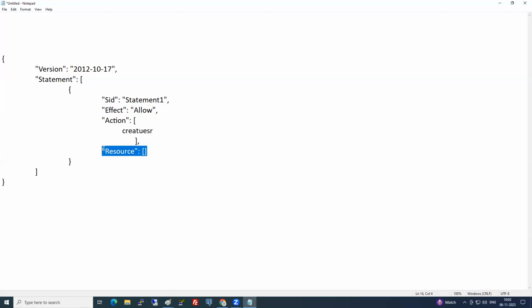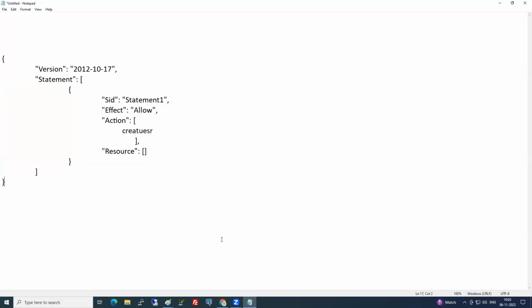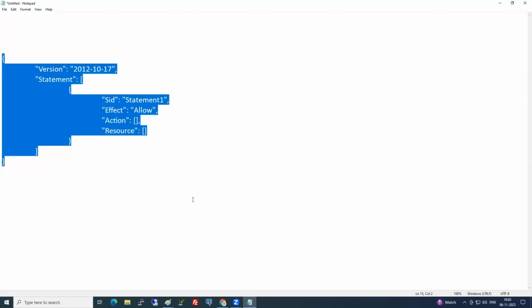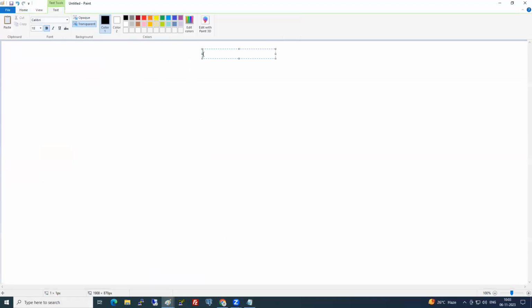Nana, is this clear? Is it clear? So these statement blocks can have multiple statement blocks. So I think it's better to write this. So I'll write it. Can you write this, guys? Hold on. So I don't give like this for you. Okay, write down. Call it as IAM policy structure